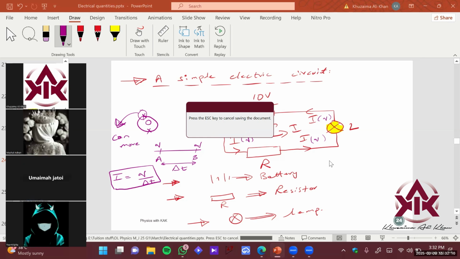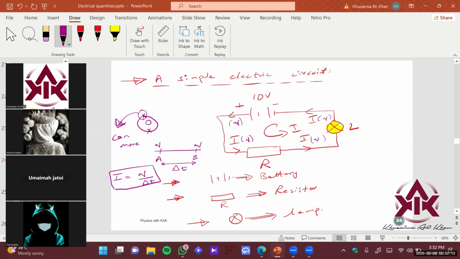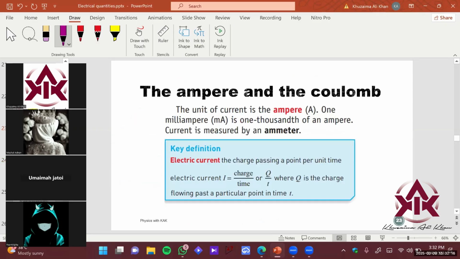That's good, right? So just try to recall the basics. It's all basic over here. What is current? If I want to define current in a single sentence, it is the rate of flow of charges. It is the rate of flow of charges, right? If I want to write down this